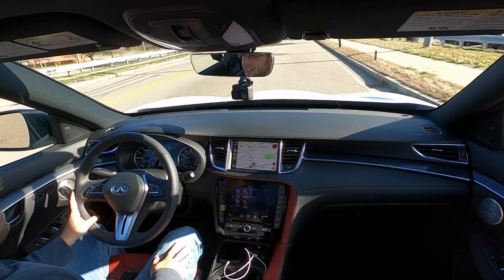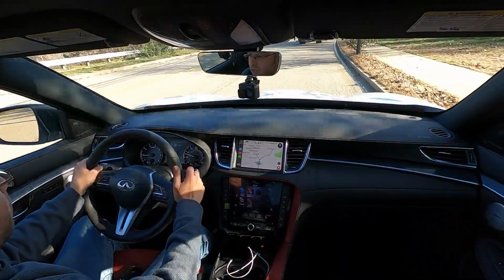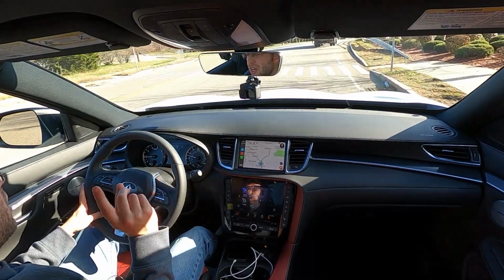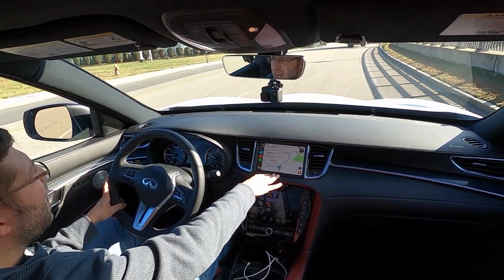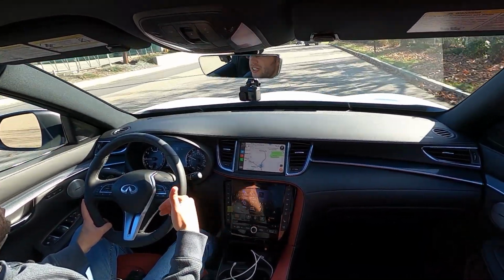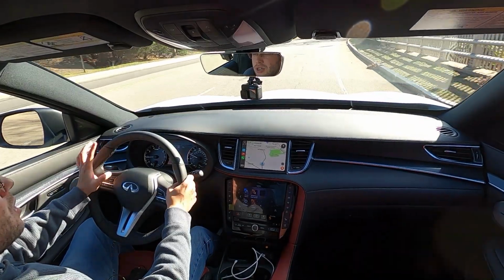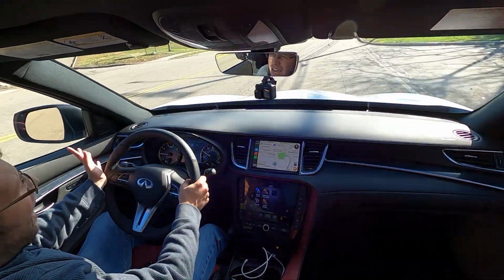So let's analyze the interior layout one more time since it is the same for 2023. We have the dual touchscreen setup, which a number of people don't really like just because it does look a bit outdated and old. However, I love the fact that I have Waze running at all times, and then I can access the radio, the climate control settings, the driver assistance features, and also even customize my driving experience without having to lose the navigation screen for a couple minutes if I am in the menus,